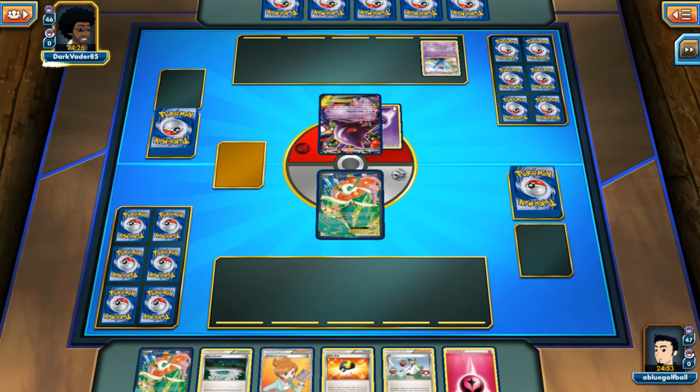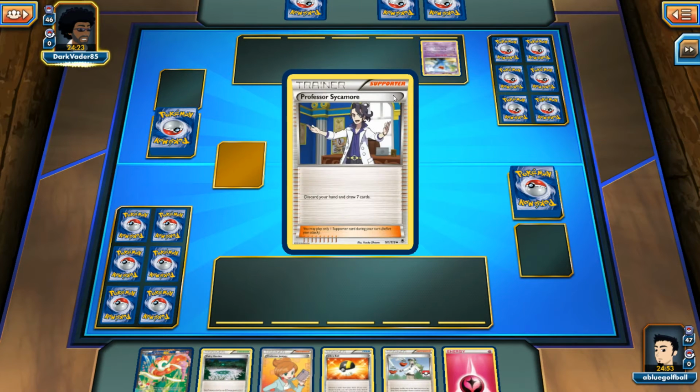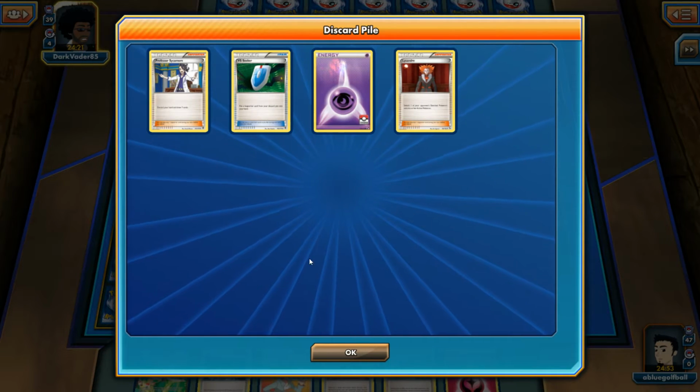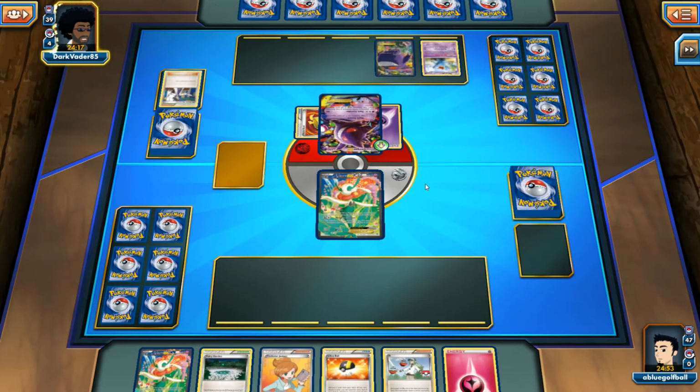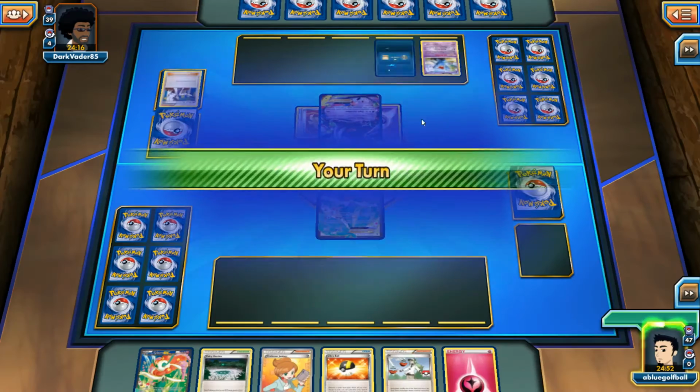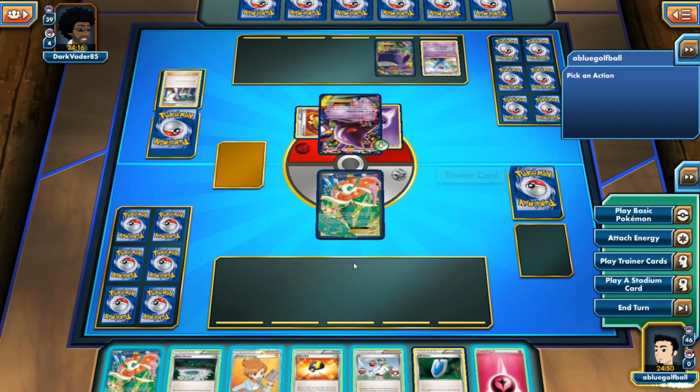Yeah. Well, whoa, wait a minute. We're playing the same deck as the previous opponent. Oh, but he's got a full art Gengar EX. Oh, that's very nice. Okay, so